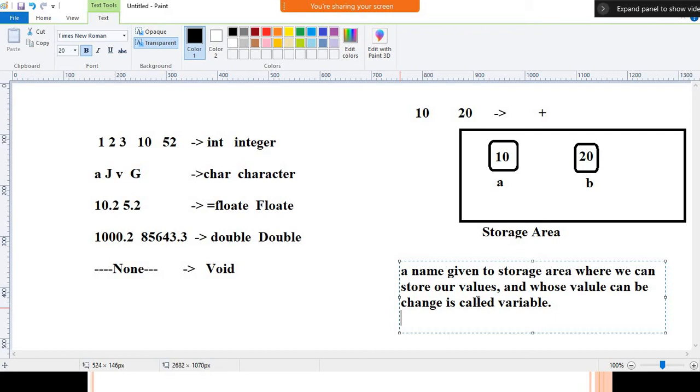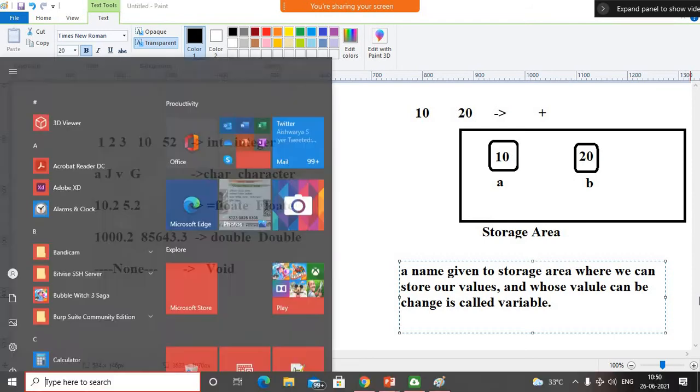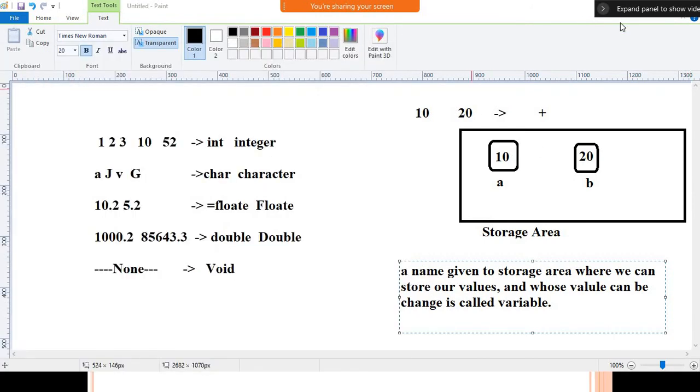In that case, we need to use the rules of identifiers. If you want to define a variable, constant and function, then we need to use small a to small z, capital A to capital Z. We can use digits from 0 to 9. We can use an underscore in front of a variable, or inside the identifier name. We cannot use special symbols and punctuation marks. Does anyone have a query regarding that? Feel free to ask.